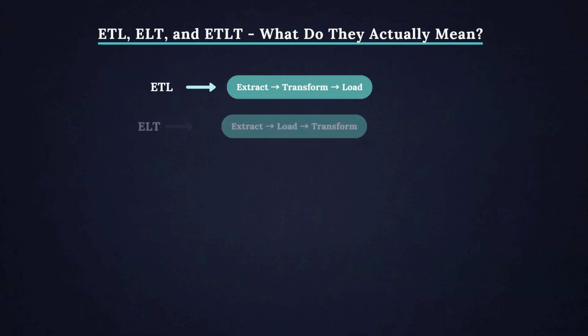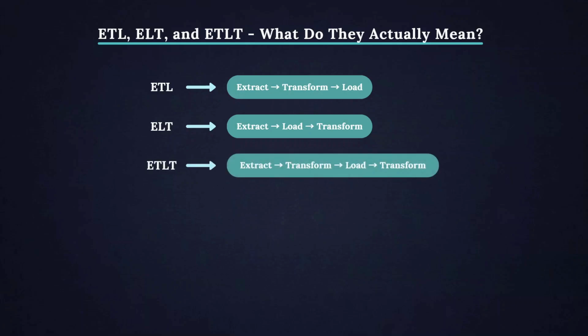Before we go deeper, let's first understand what these terms actually mean. These terms are not tools, they are patterns that describe when the data transformation happens inside a data pipeline. ETL stands for extract, transform, load, whereas ELT stands for extract, load and transform. And ETLT is a hybrid approach that combines both of them. At first glance, they might look very similar, but they lead to very different ways when it comes to building